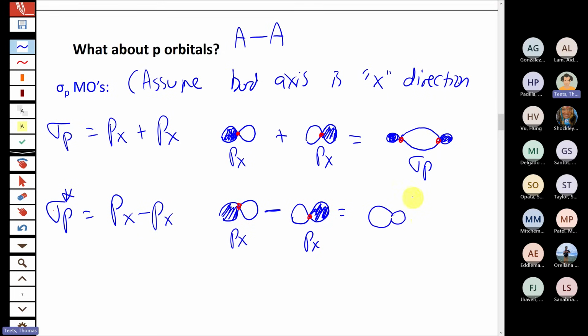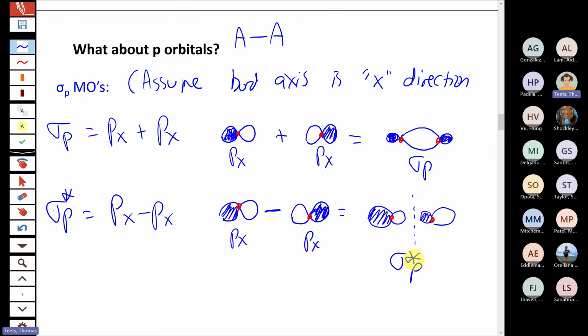A little bit harder to draw, but you're going to get a node in between the two once again, where you're going to have this sort of arrangement where, again, the opposite phases are now lined up with each other, so they destructively interfere, cancel out, and lead to mostly electron density now being outside of the nuclei. Again, a situation that would weaken the bond. So we call this, again, sigma star. And we put the little 2p, or just p in more general, I guess is fine. Not necessarily 2p. Sigma star p indicating that it's a antibonding sigma orbital that comes from p orbitals.